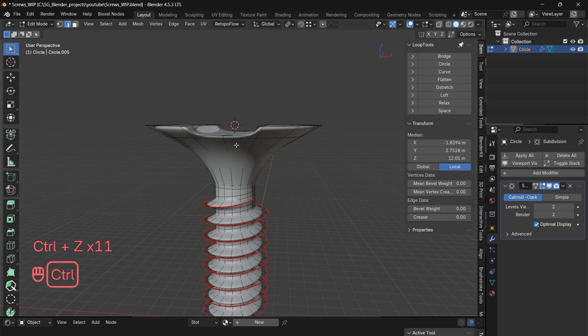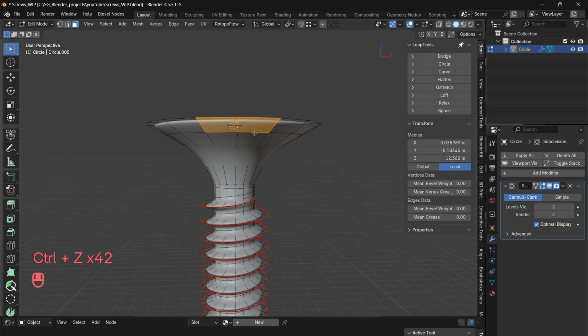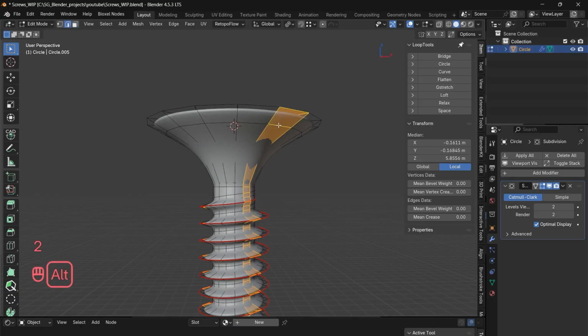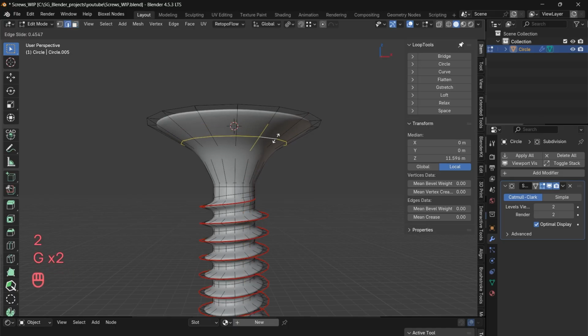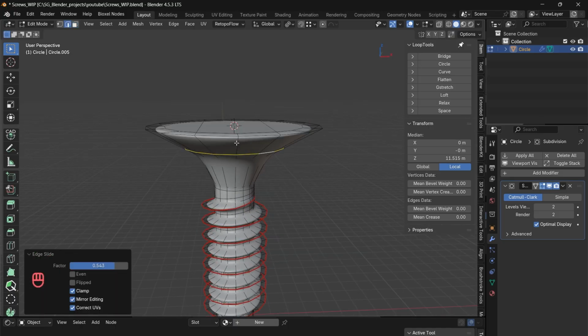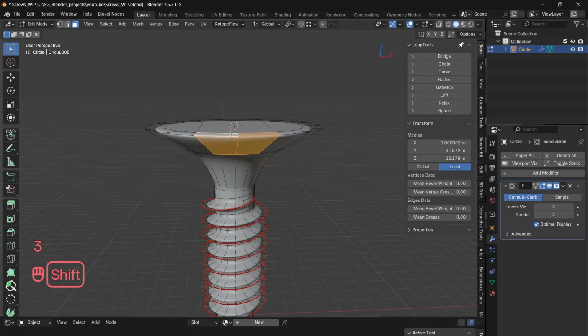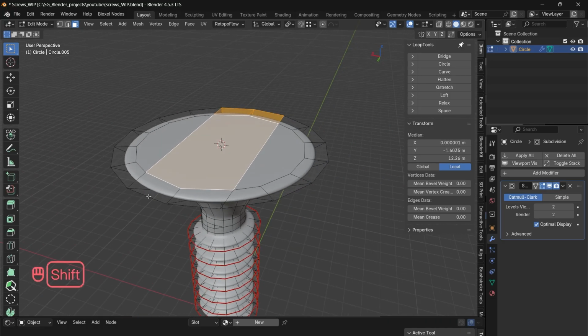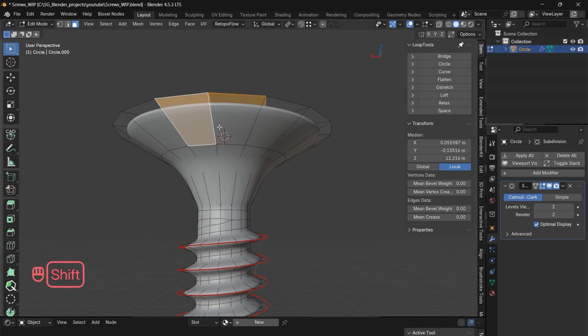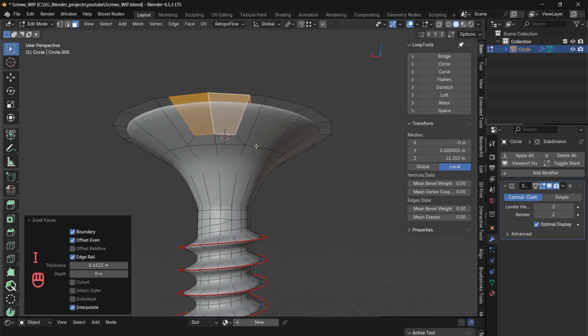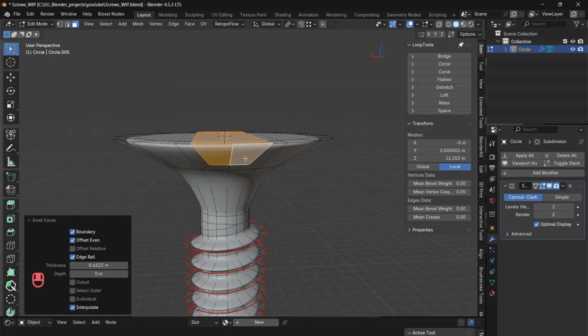So just for the sake of showing it, let me try to undo multiple steps. I think, yeah, I can move this a bit down. Then we can make that screw depth cut a bit deeper. Okay, so that it looks much better. Let me insert it again. Yeah, and if you look into that,